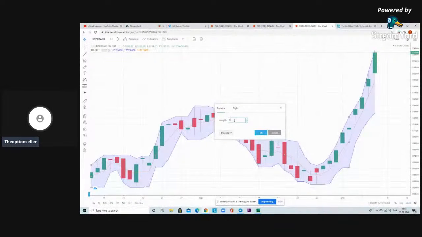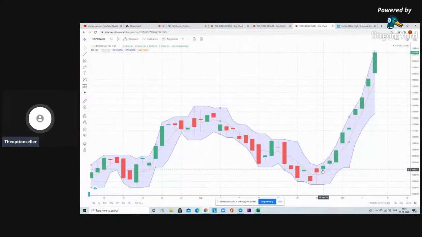By default, it will show you 20 time period, so you need to change it to 3. What the Donchian channel does is it plots an envelope, like this blue envelope, around the price chart, and it looks for whether the previous three highs or lows have been